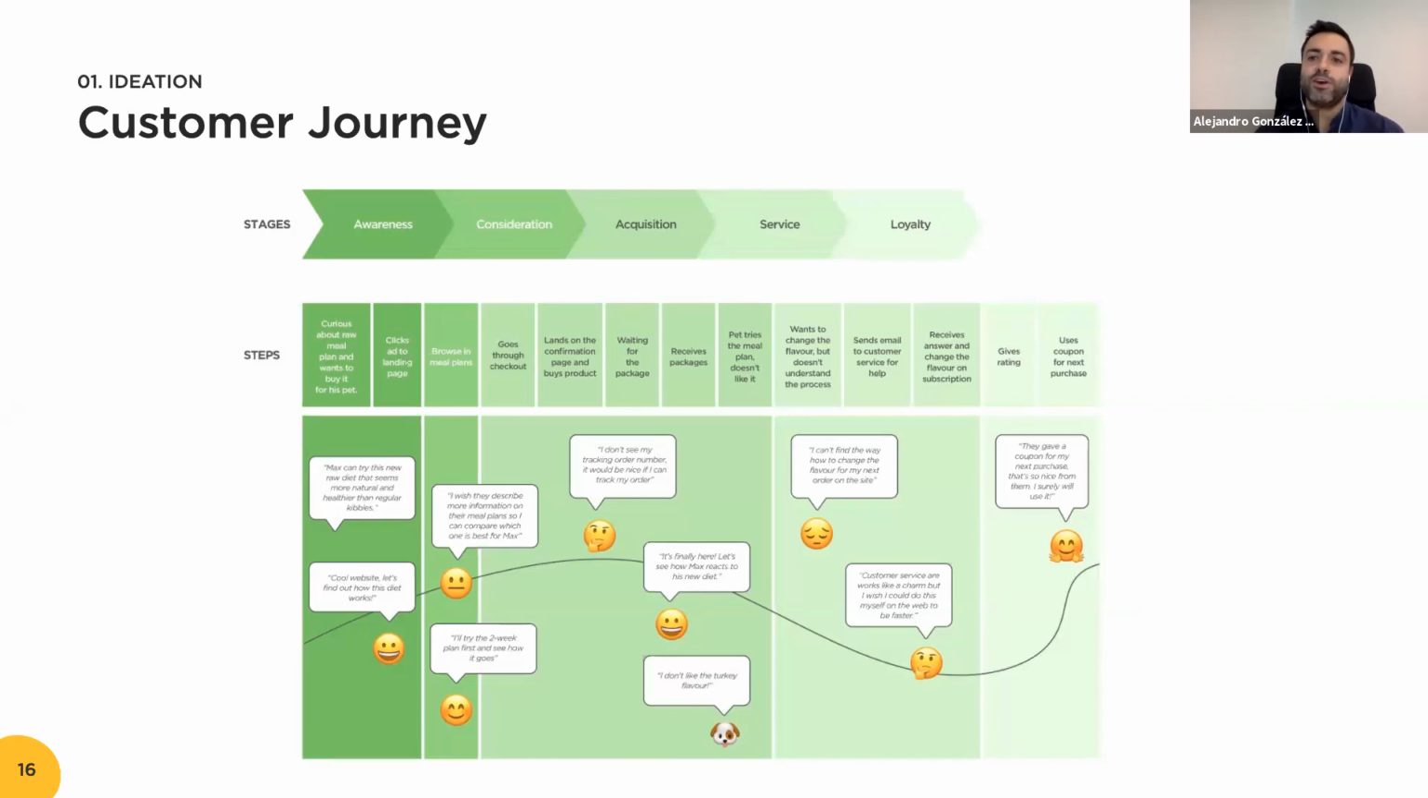This is related to the other use case, the food store, right? And it says basically how the user gets awareness of our site, is browsing on the website, the meal plans, goes through the checkout, buys, pays a subscription, then the subscription comes to their house and they give a rating, right? So this is really important for you to understand what the flow of your user will be as soon as you have your product on the market. This will help you to